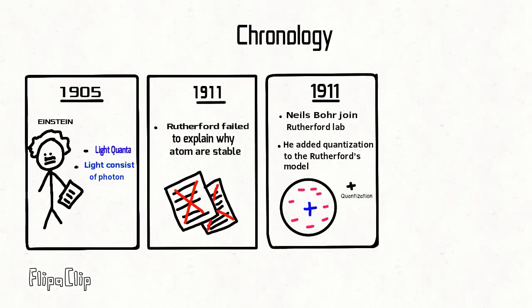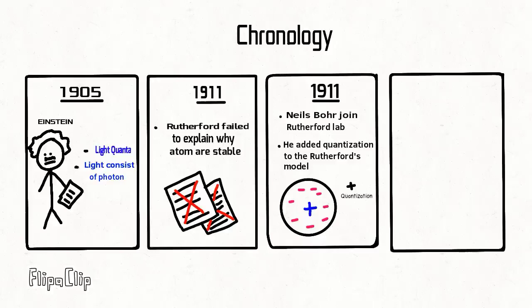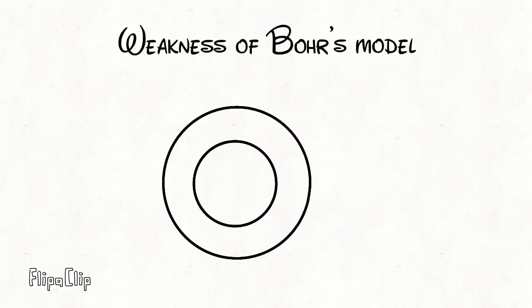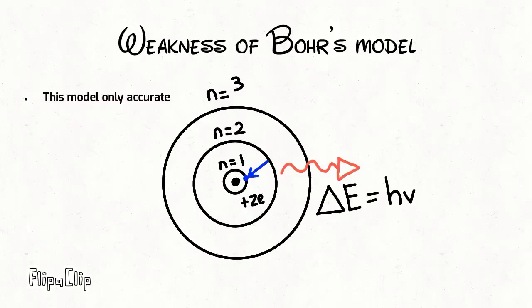Bohr modified Rutherford's model of the atom by stating that electrons move around the nucleus in orbits of fixed size and energies. Electron energy in this model was quantized. Electrons will not occupy values of energy between the fixed energy levels. He also proposed stable electron orbits and explained the emission spectra of some elements. However, the weakness of this model is that a moving electron would emit energy and collapse into the nucleus. The model did not work well for heavier atoms.